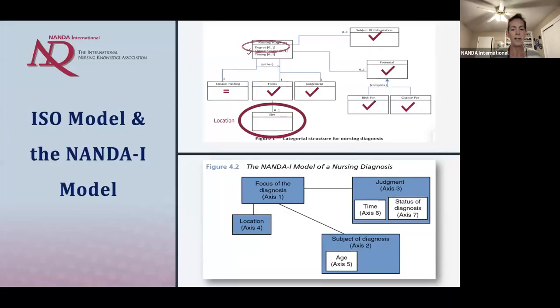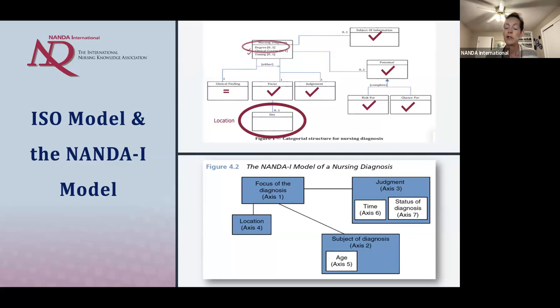Okay, so then we have location. Location in the ISO model, as you can see at the top, is not there. There's nothing underneath that site box, and it's called site, versus we have the location axis. So we call these things 2 different things, location versus site. Some of the proposed locations bring up some difficulty with granularity. So for example, if you look in our current location list, if you look at the table in the book that shows all the different locations that we have,